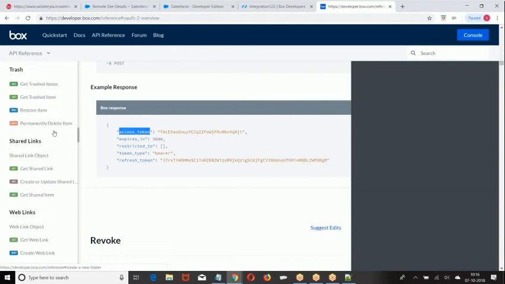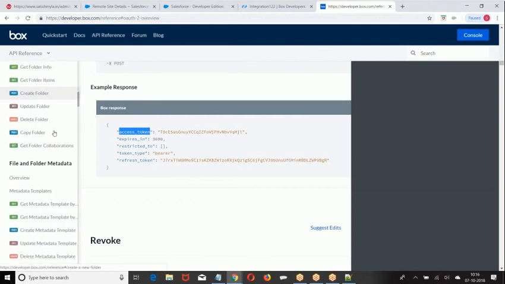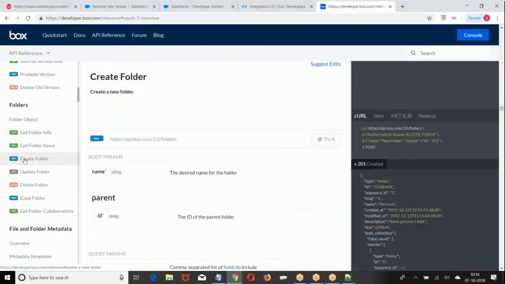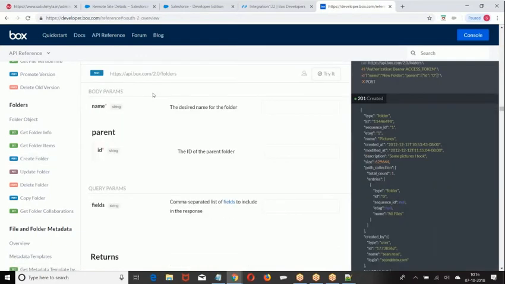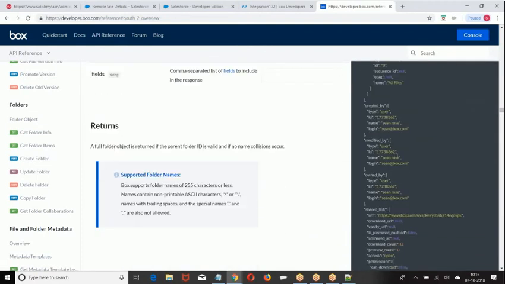So what do we do initially? Create a folder. We are trying to create a folder. What type of method is this? Post method. What are the parameters we need to pass? Name, parent ID. What is the format in which I was supposed to send? My request is